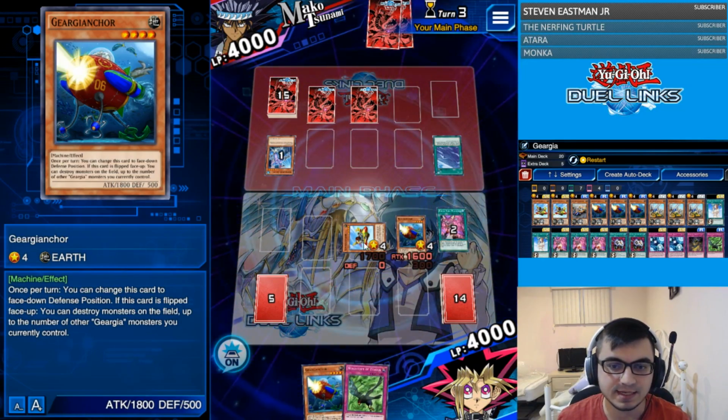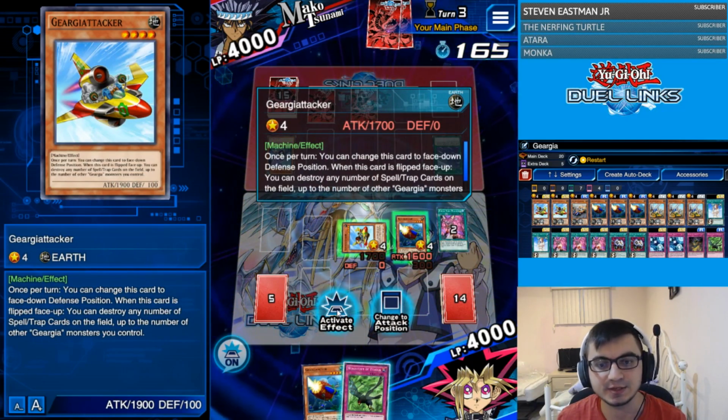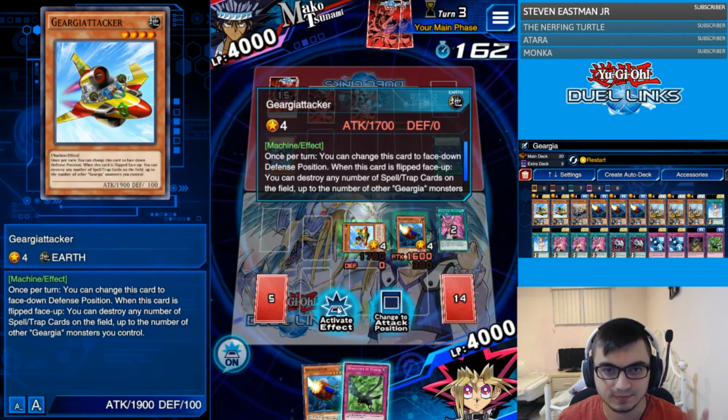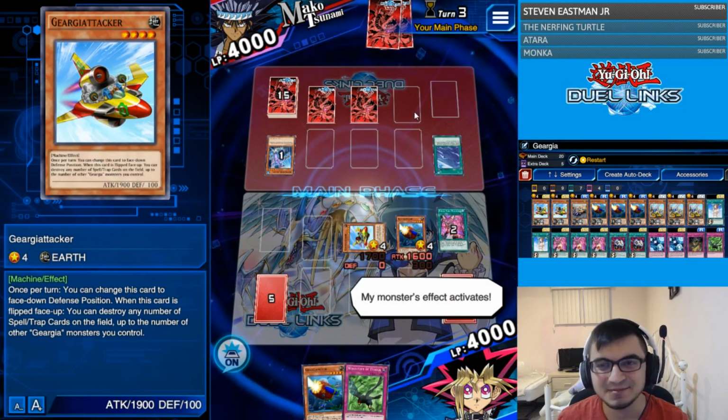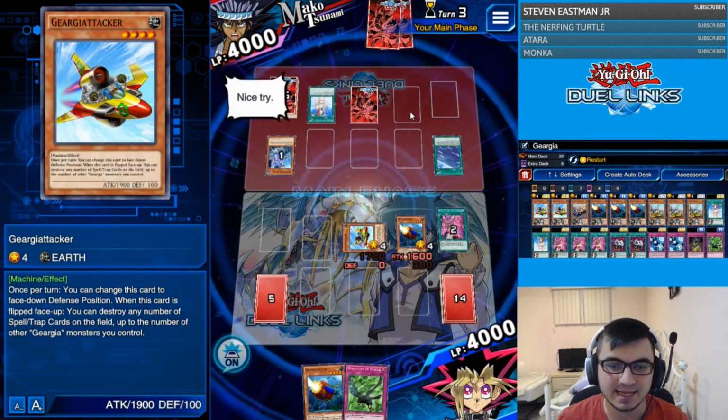Now, one good thing about this deck in Wall of Disruption is since you flip face down, you basically reset your attack stat once you flip back up because of the way the game works, I guess. Same thing with Aliens, dude. This deck has a pretty decent matchup against Aliens because if they add counters to your...